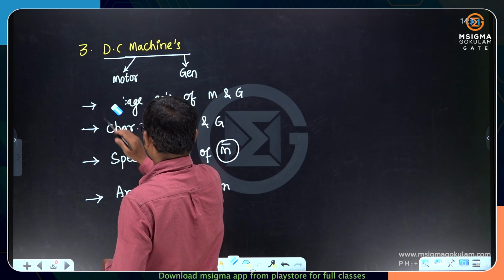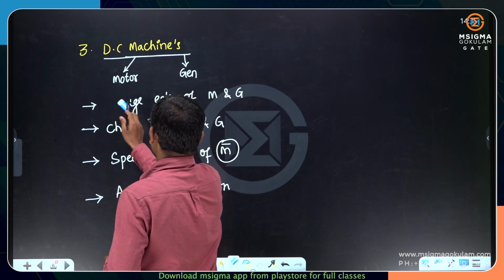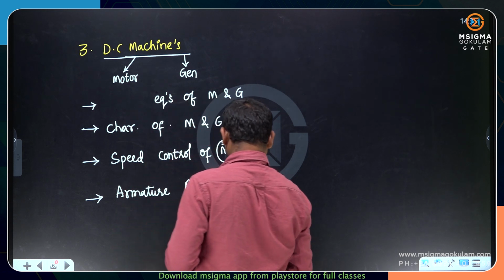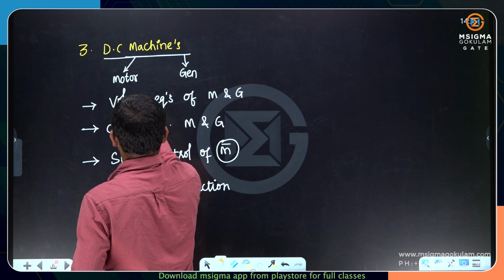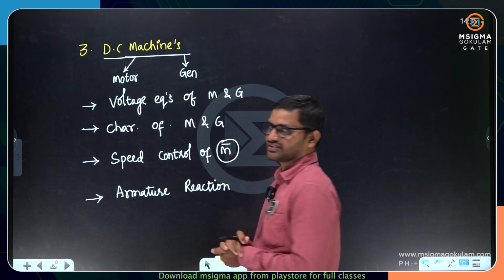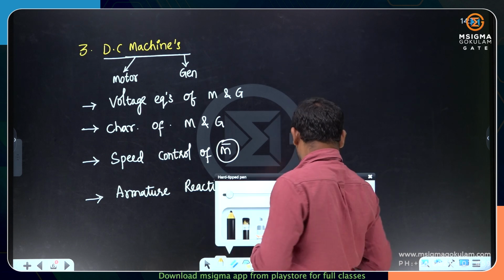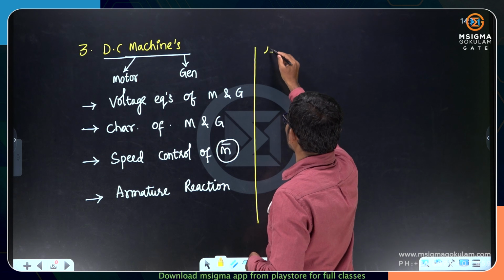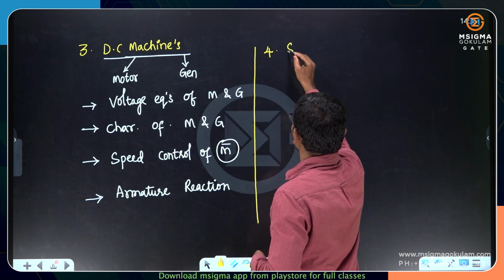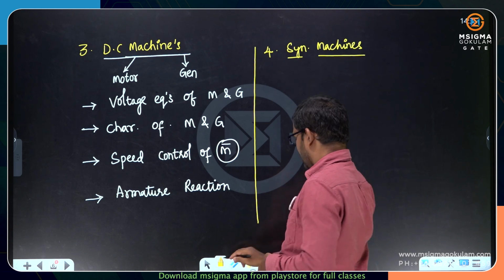the DC machines part. Okay, so let me erase this part and let me rewrite this one. This is voltage equations of motor and generator. So these are 4 important parts I can list out in the DC machine. And coming to the other part, that is the 4th part, synchronous machines. Here also